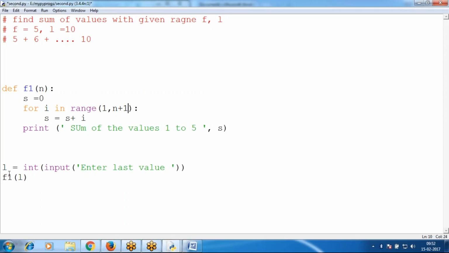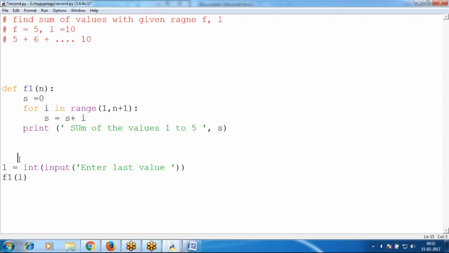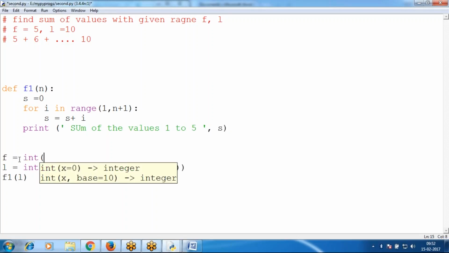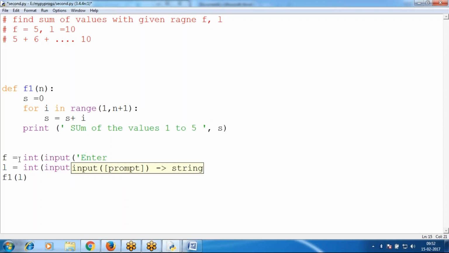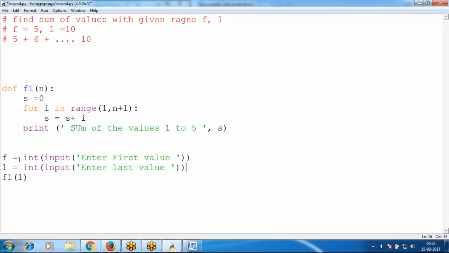Between range what? L. I give the L value: enter the last value. So one parameter I am passing is L. Similarly, I can give one more value. F equal to int input, enter first value. And how many parameters will I pass here? First comma last. So the function also receives